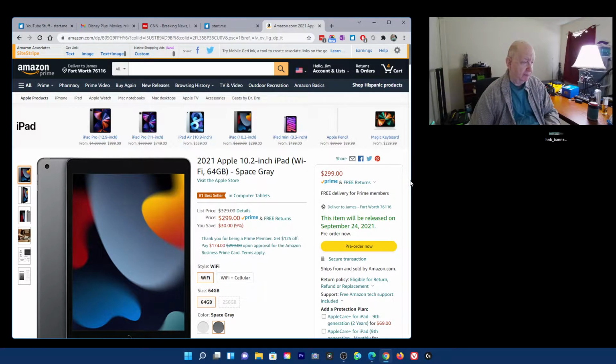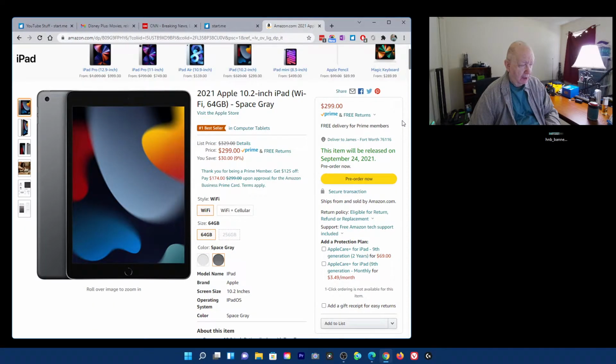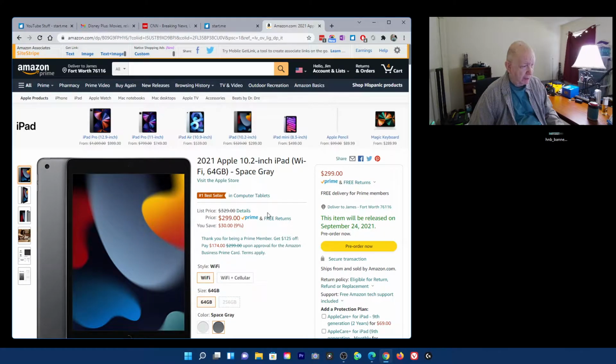But this new version, $300, that's a good price. And I can live with, I don't need cellular, I have a cell. I don't use my cell phone that much. Wi-Fi, of course. And I think I can live with 64 gigabytes. It looks like I'm going to give it a try again, but it's going to be really,